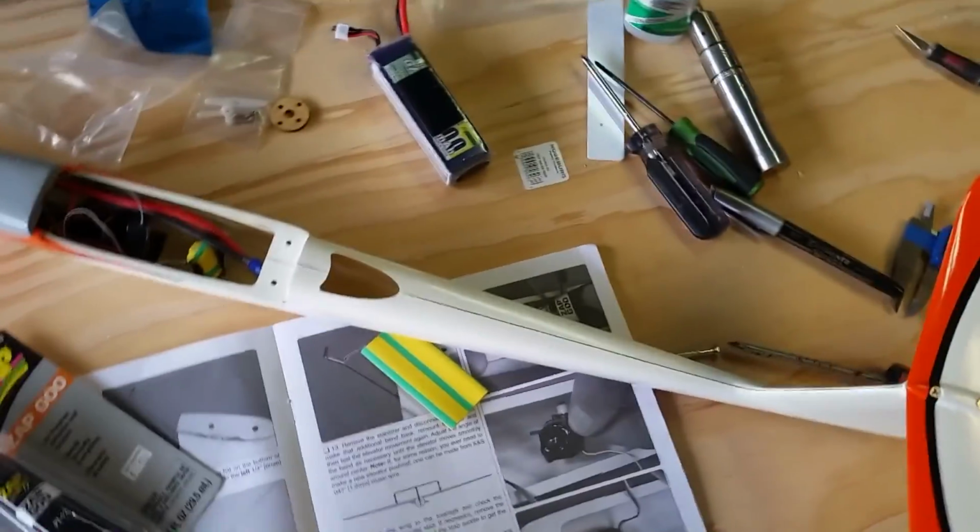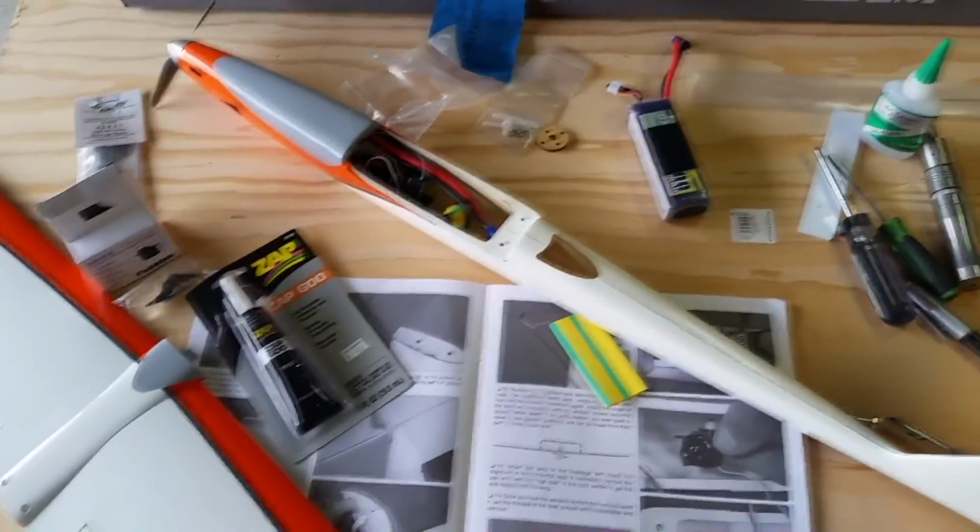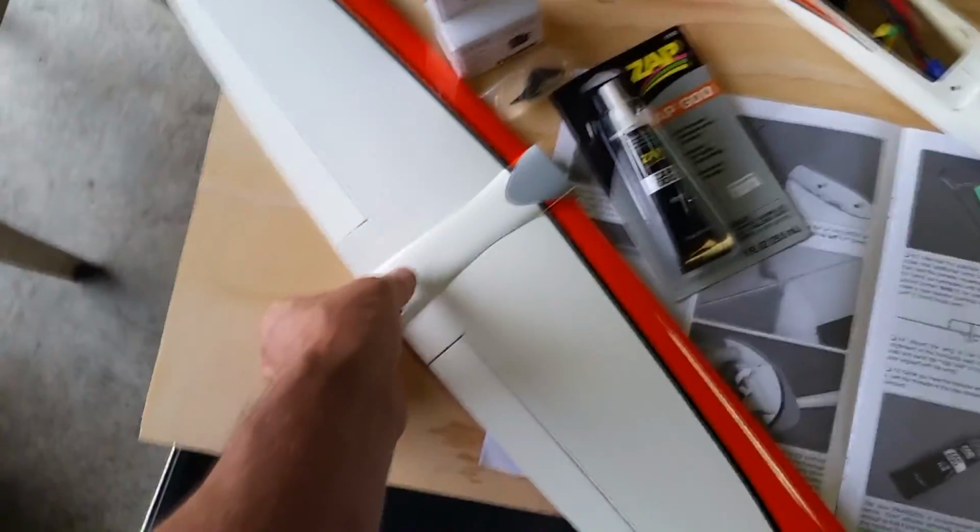Alright, here's the point where I'm going to check the incidence of these wings relative to each other. And so I've got to mount the main wing. I did take a closer look. If you start really looking,